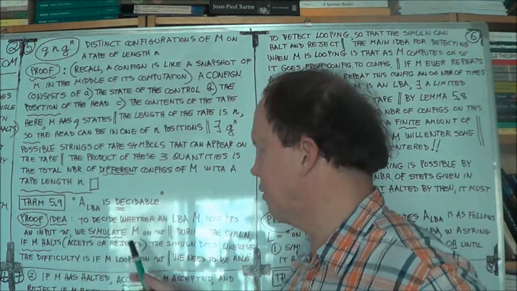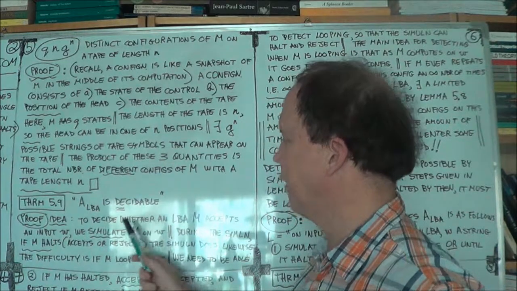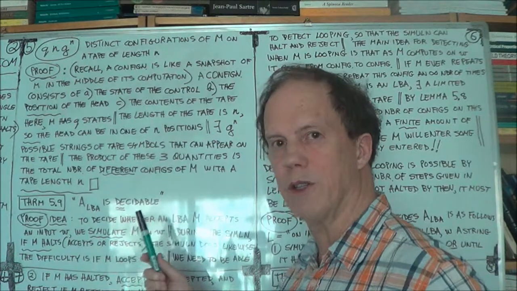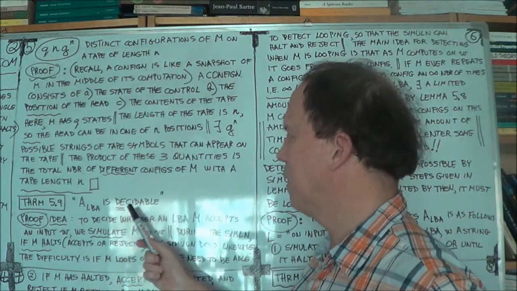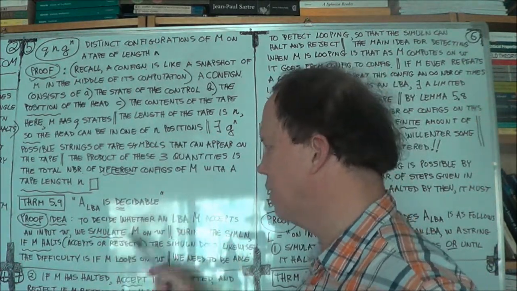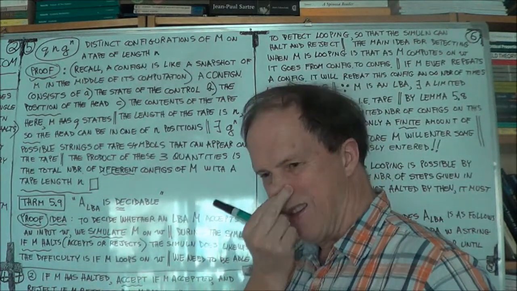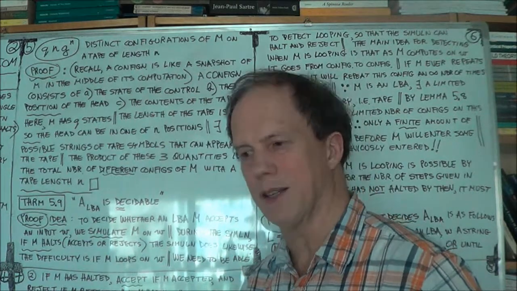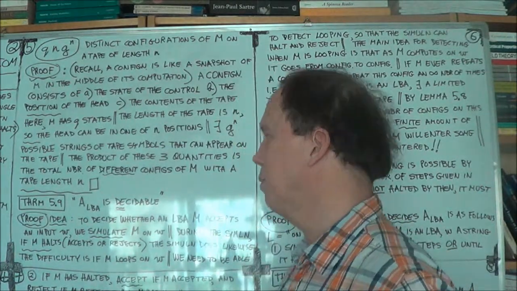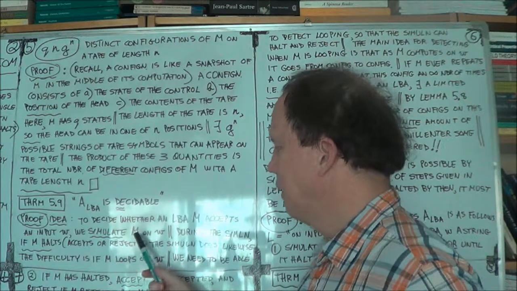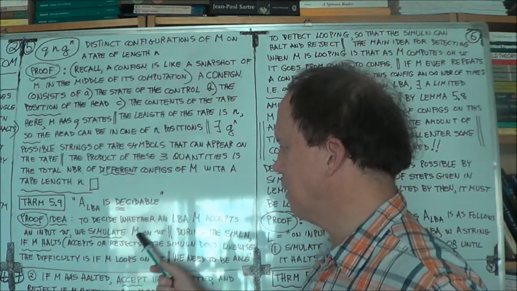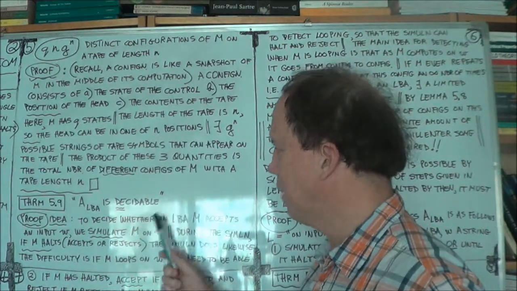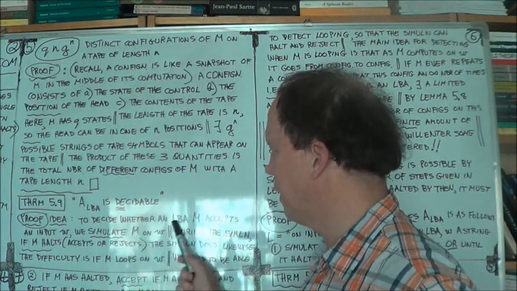Because after all, we're trying to have our simulating Turing machine, our ordinary Turing machine, infinite tape Turing machine, be a decider. Okay? So we want it to accept and reject. But there's a problem, of course. Turing machines can do three things. They can accept, reject, or loop. Okay? So what about looping? What happens if this LBA that we're simulating with a normal Turing machine, what happens if this LBA loops